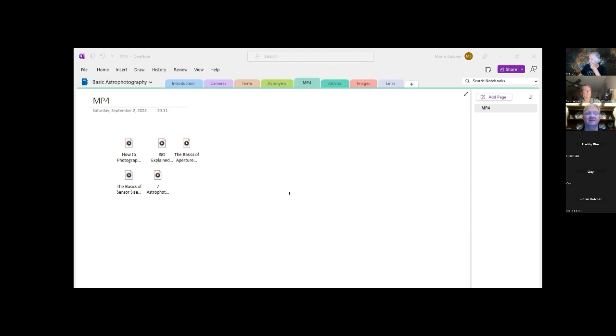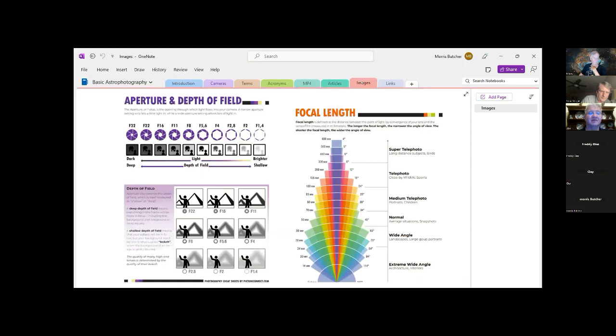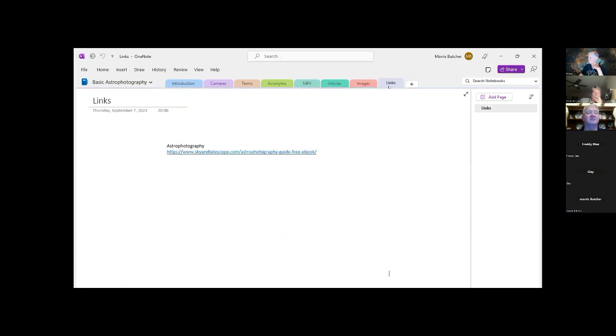The short definition. So there's videos here. I'm still adding to it. Articles I'm finding. Images, like focal length, depth of field. Cool. And links. So I'm still building this. Once this is done, then I'll move on to phase 2, which takes it from basic to the intermediate, as Steve suggested, and going on to adding a telescope to this, or a star tracker to it as well. So it's still a work in progress. If you guys look at it and give me some input, or see what else you want to add.